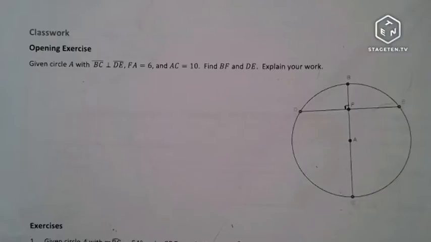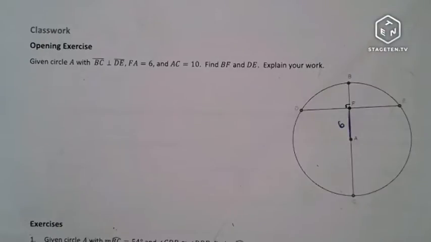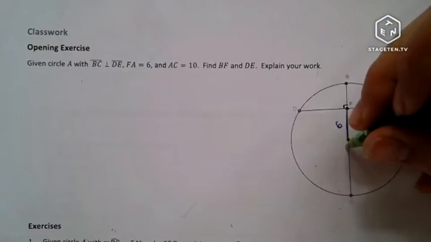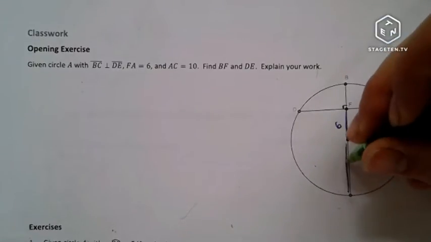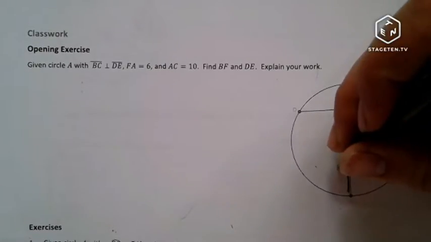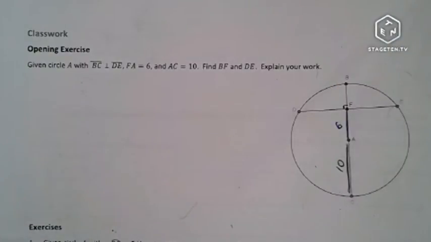And then AC here is 10. So we're supposed to find BF right here. If we know A here is the midpoint, so we know the radius, does it actually say that? Well, the radius is 10. So if this is the midpoint, and here's one radius, then